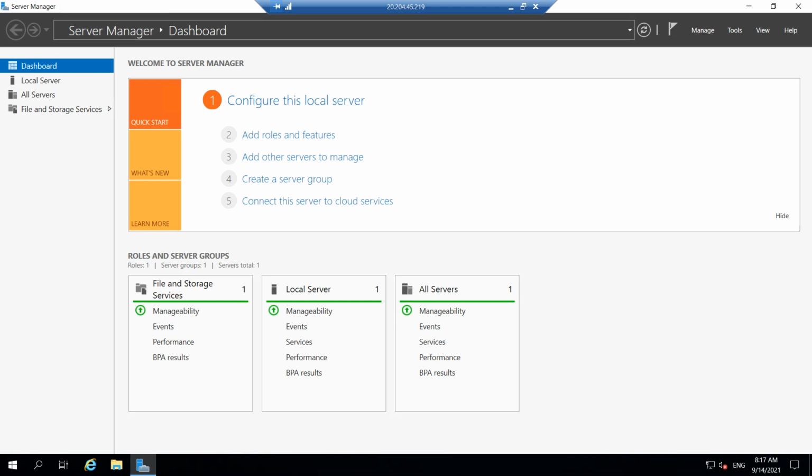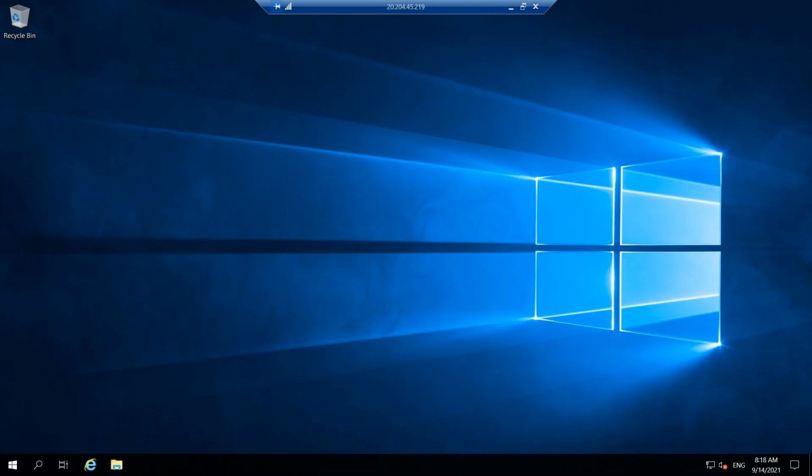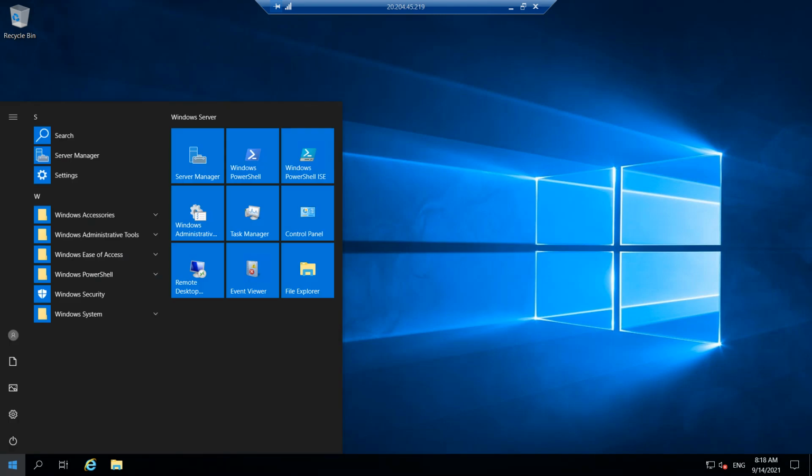Now this is the Server Manager dashboard, from where you can manage the various settings of your Windows server. As you all know, I have to host a simple website, and to host a website I would need a web server. The web server which I will install in this virtual machine is Internet Information Services, the IIS web server. So how can I do that? Go to your Server Manager. If it is not directly open for you, you can open Server Manager from here. Okay, here is the Server Manager. You can simply open it.